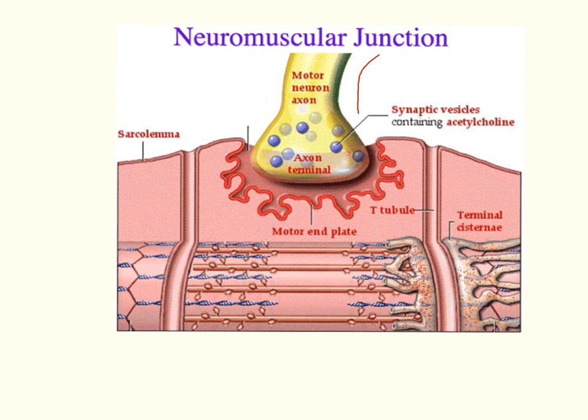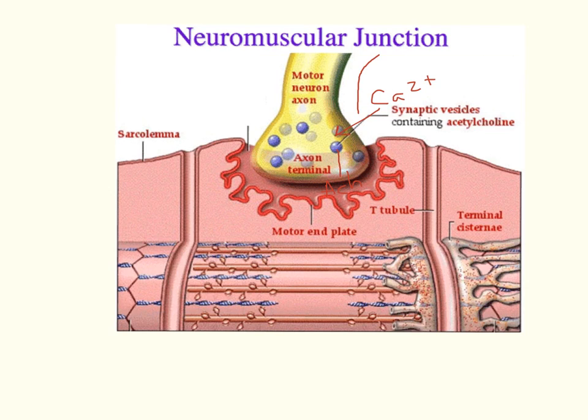As it gets to that terminal bud, what will occur, as you recall, is an influx of calcium into the axon. This will cause the synaptic vesicles containing the neurotransmitter acetylcholine to fuse with the membrane of the axon terminal, and those vesicles will release the neurotransmitter acetylcholine into this synapse. Okay, this synapse right here